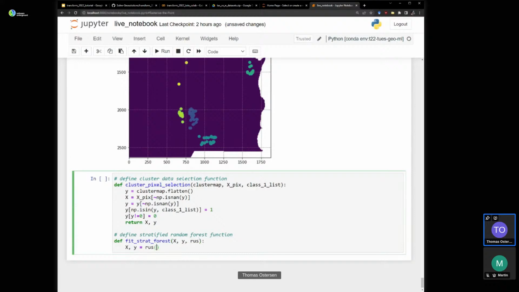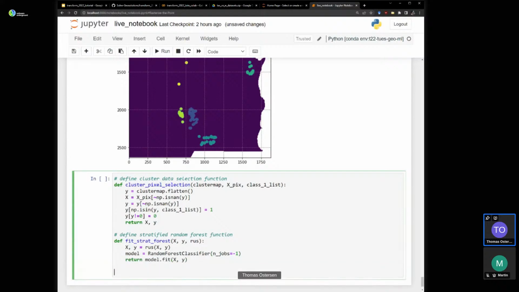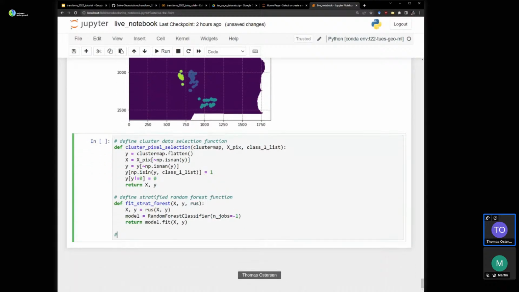X, y, model equals random forest classifier, n_jobs is -1 for multi-threading, and we'll return the model fitted to X, Y. Okay, that's 2 functions down.